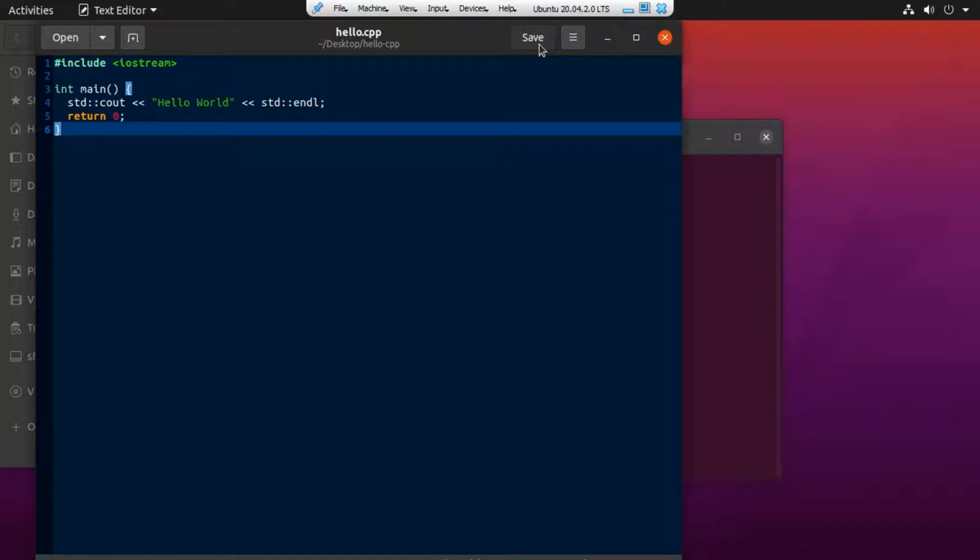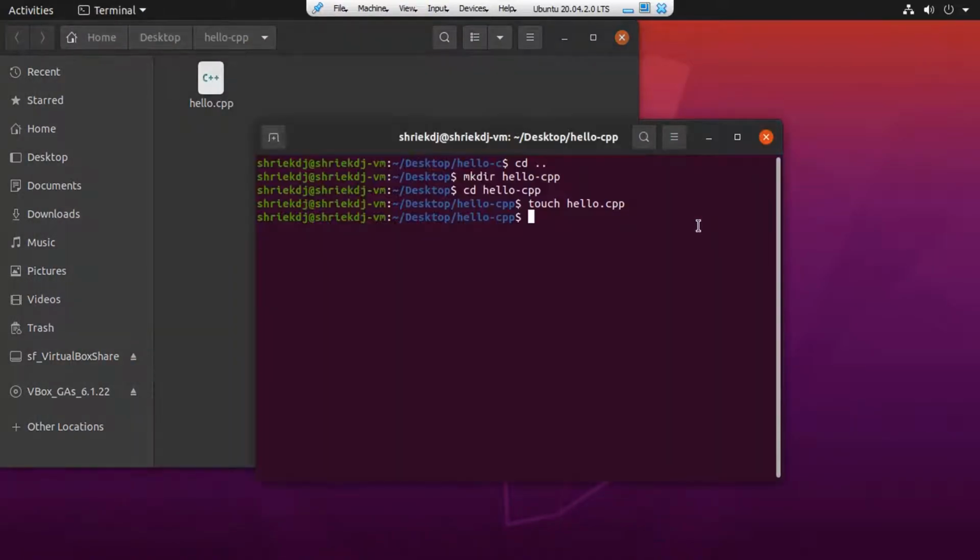After that just save it, and we have to compile it with the help of g++ and then main.cpp -o and then our new executable file name, which is helloworld.